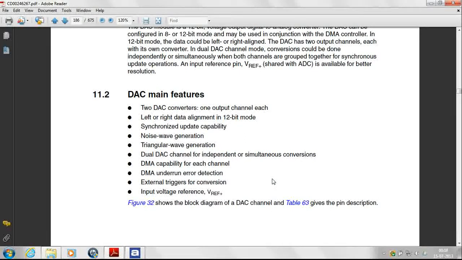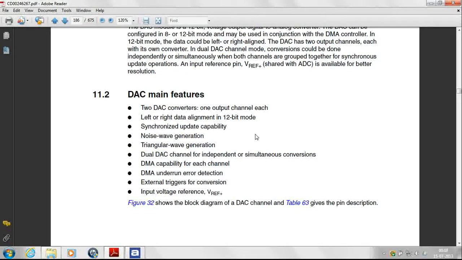So basically the microcontroller that we are dealing with offers you two DAC converters, one channel output each. Next, as I've told you, it's either a 12-bit left or right aligned data, or it's an 8-bit data available also. We'll be using 8-bit data format for our code that we'll be covering right now in this module.